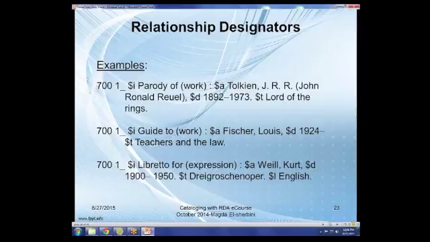And this one is a little complicated because we have the author's name with date. We have the title, and again, this is the uniform title because it's in German, and then we have language L, English, to indicate that the libretto, this is the lyrics of the English translation of a German opera. It's not the German lyrics of an opera written in German, it's the translation.